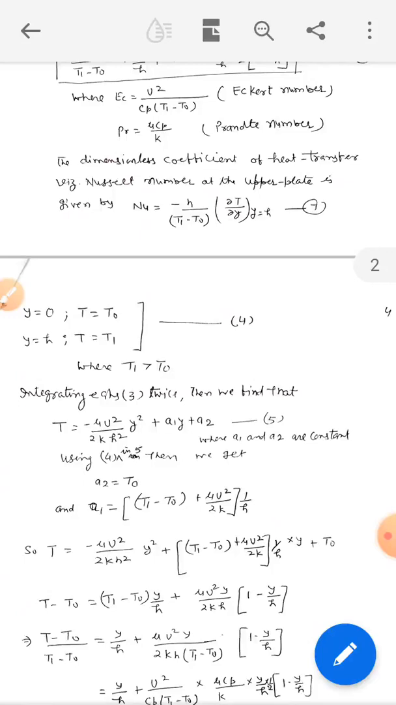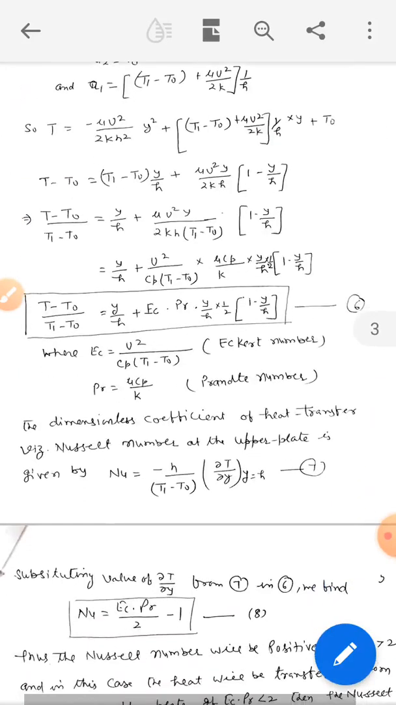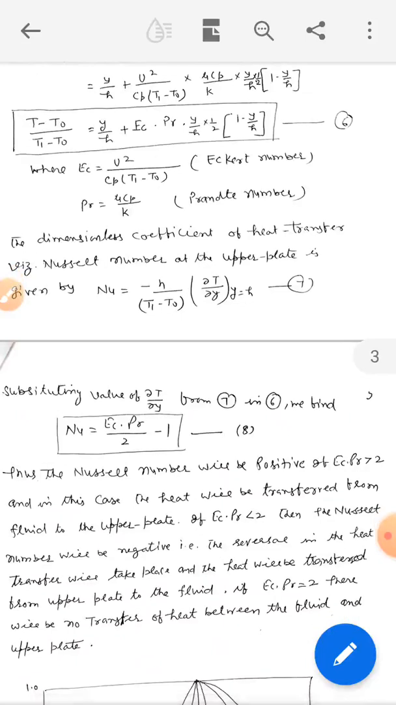Substituting the value of delta T by delta T y from equation 7 into equation 6, we find that the Nusselt number is equal to Eckert number into Prandtl number upon 2 minus 1. This is equation number 8. So the Nusselt number will be positive if Eckert number into Prandtl number is greater than 2, and in this